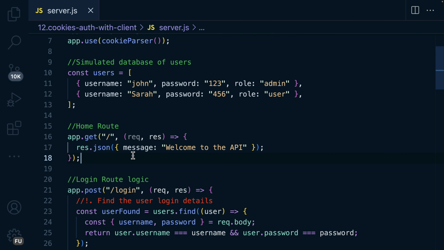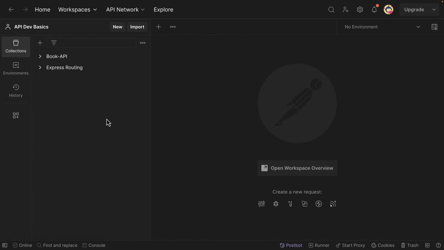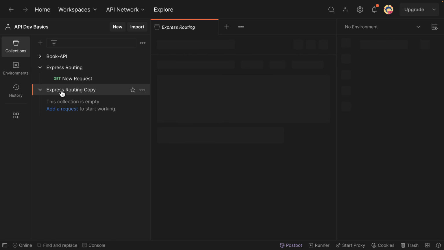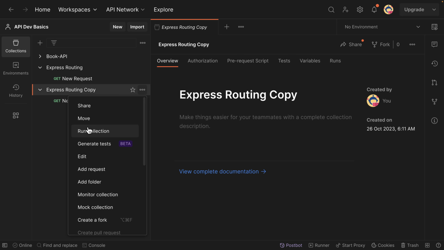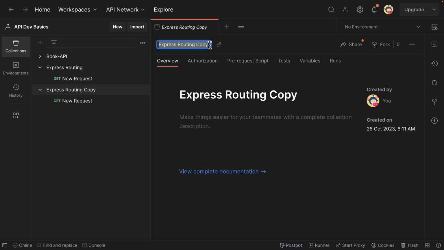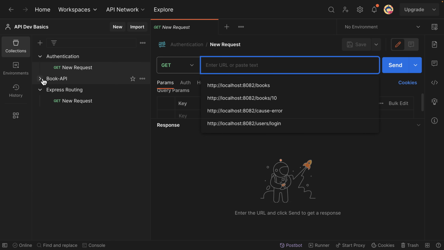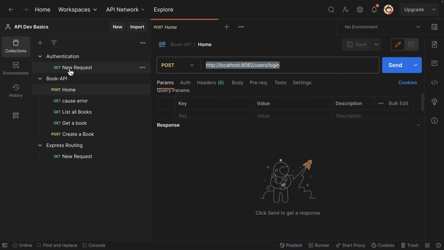For this, I'm going to use Postman, and we have already explained how to use this. I'm going to create a collection. I'm going to duplicate this and rename it as authentication. And for the endpoint here, let me grab this one to avoid typing it manually. The endpoint is